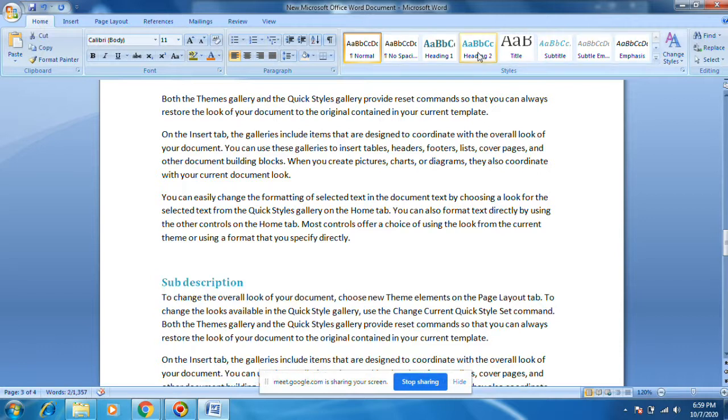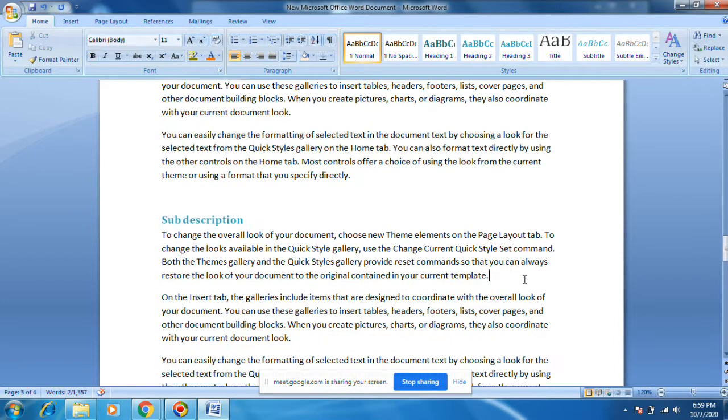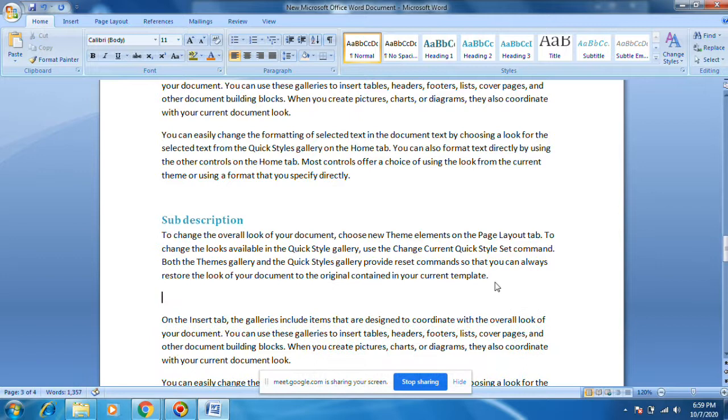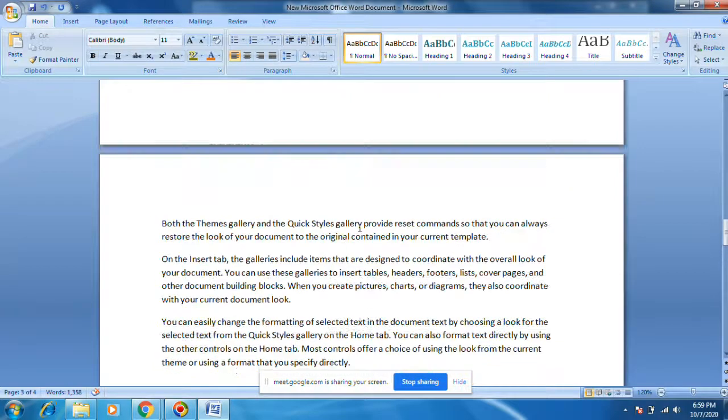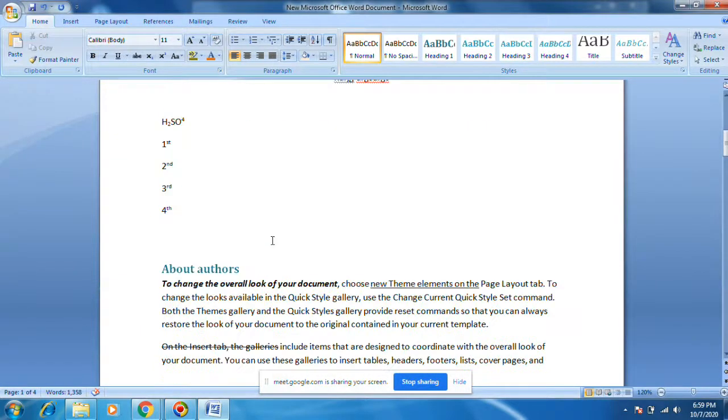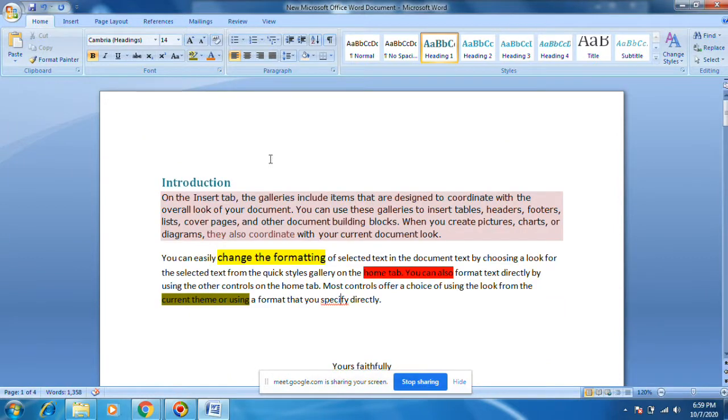I want to keep heading 2. Why can't we put heading 2? That is fine. I can put heading 2 to this one. Under this sub description there is another sub description also. I want to keep this sub description inside this sub description as heading 3. You can select it, and it will highlight which header and which style it is. Okay, now I have kept all the side headings and everything.